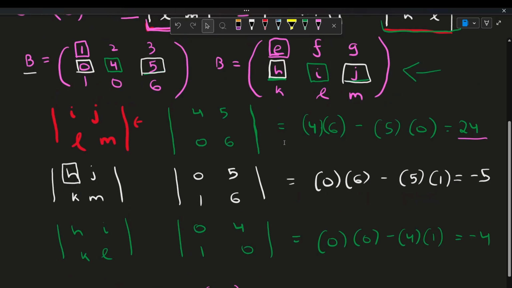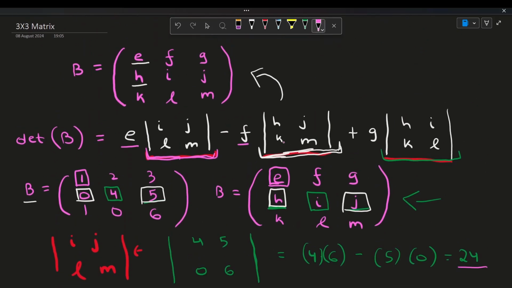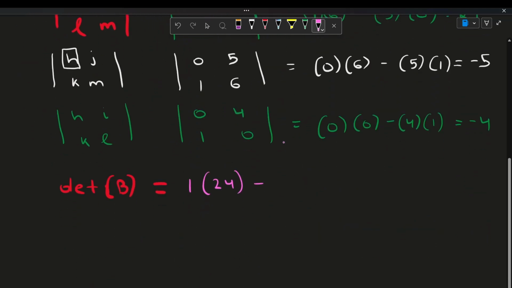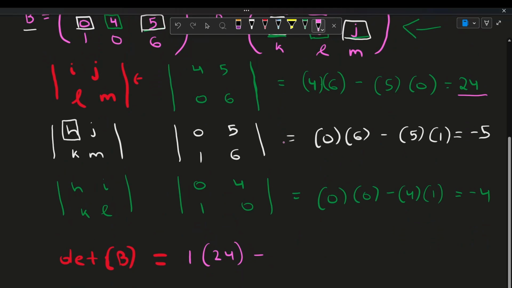minus, as we have the negative right here, minus f. Let's look at what f is. f is the second term in the first row, which is 2. So it would be minus 2 times the determinant of h, j, k, and m. The determinant of h, j, k, and m is negative 5. So 1 times 24 minus 2 times negative 5